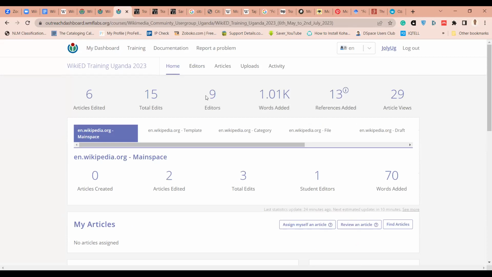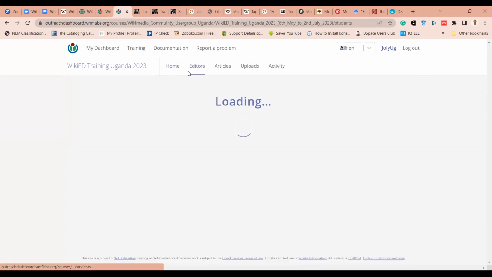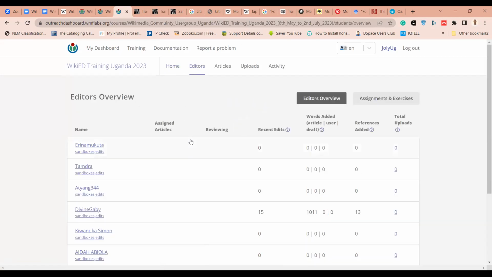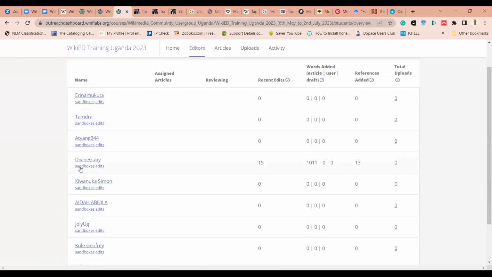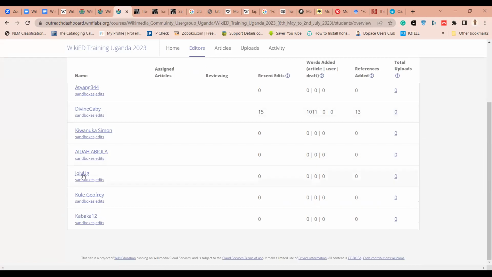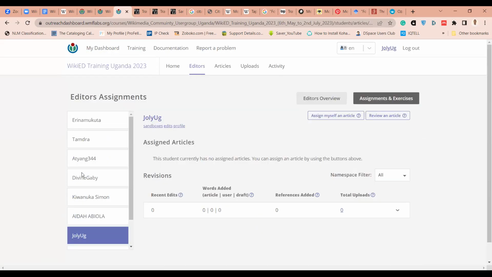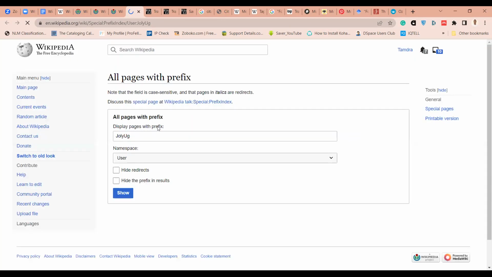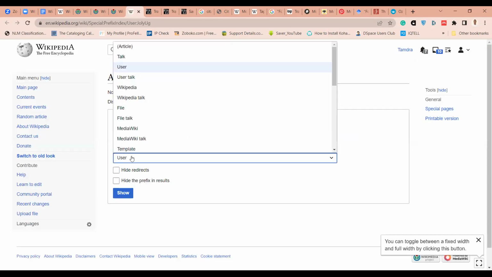Yeah, editors. Let me just look at the editors. If you come here on the page, the dashboard, and you click on your name, let's say I'm Jolly, this one, Jolly UG, and I click here like this, I'll be able to see my sandbox, okay? So I can assign myself articles, but I can also look at what I have in my sandbox. So if I click on this namespace,